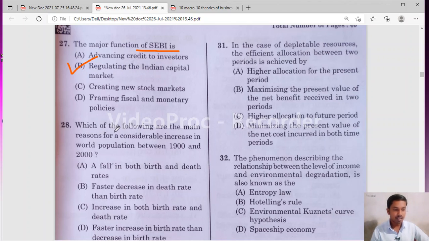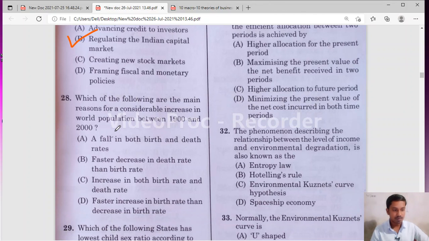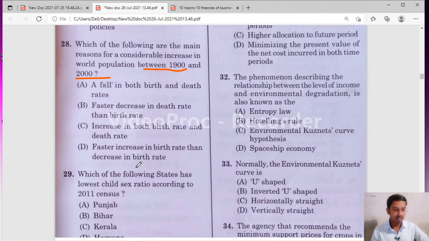Question number 28. Which of the following are the main response for a considerable increase in world population between 1900 and 2000? Option A, fall in both birth and death rates. Option B, faster decrease in death rate than birth rate. Option C, increase in both birth rate and death rate. Option D, faster increase in birth rate than decrease in the birth rate. Yes, I think here the right answer will be